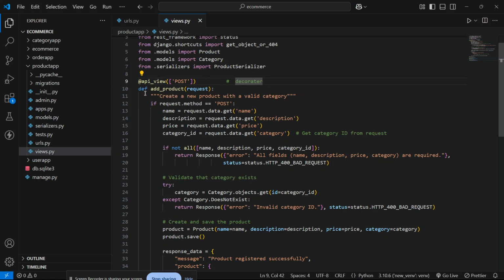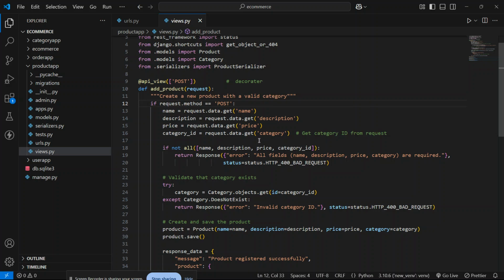This is my method, named add_product, and inside that method we have a condition for the POST type. If our HTTP request is of POST type, then our if condition will be true, and it will take the values from the user: the name, the description, the price, and the category ID.